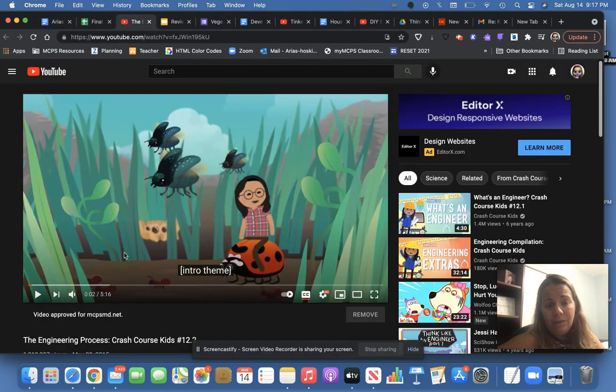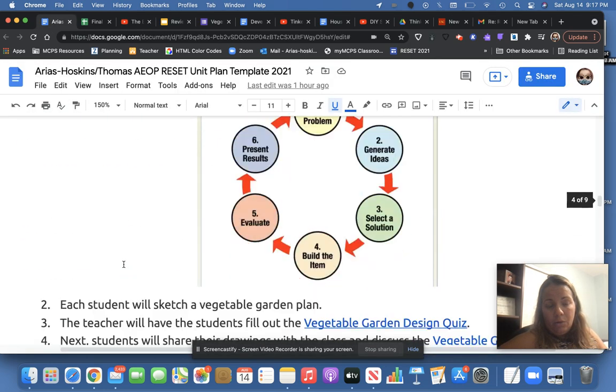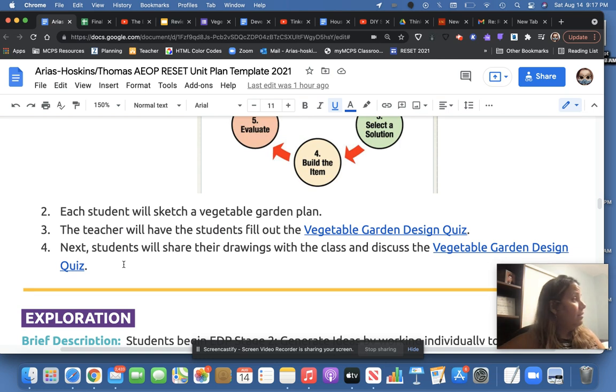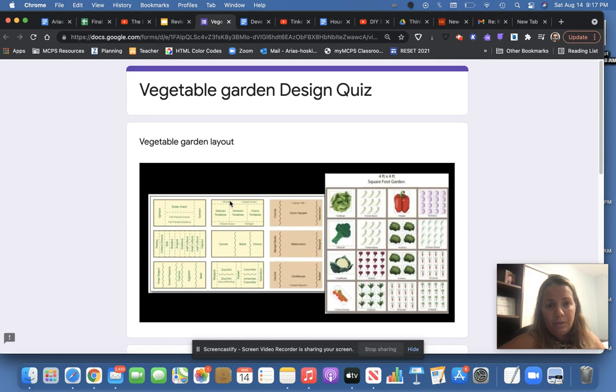There's a video right here that I found really helpful for the students. It's only 5 minutes and 16 seconds. It's very straightforward and it gives several examples of each one of the steps for the engineering design process. Once you're over with this part, there's a vegetable design process. And then for the vegetable garden design quiz, if you look in here, the layout, there